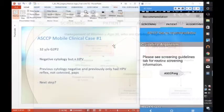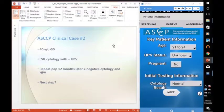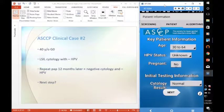All right, so our next patient is a 40-year-old who has a low-grade SIL cytology and negative HPV. So she had a repeat Pap 12 months later, which was negative. And so the question is, now what? So we've got a 40-year-old who has